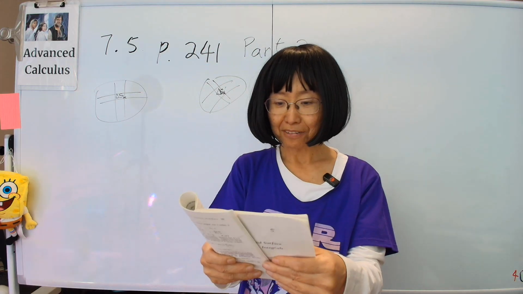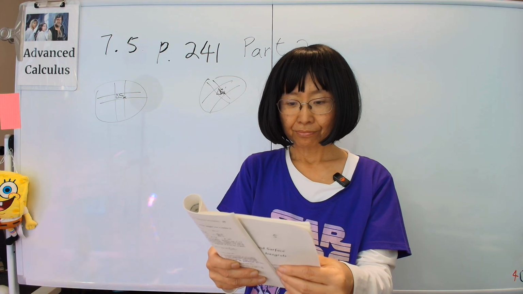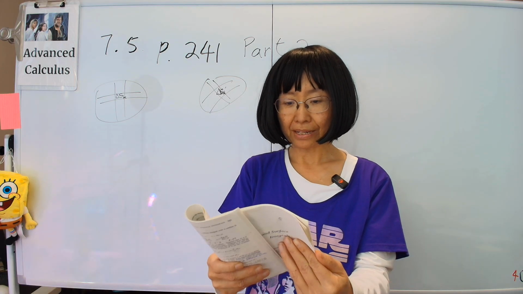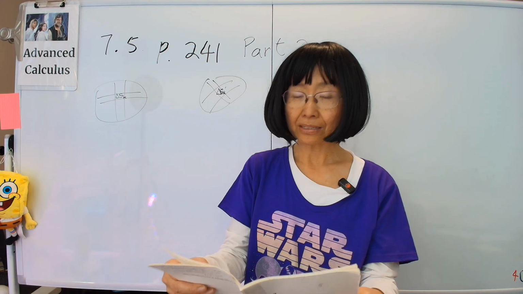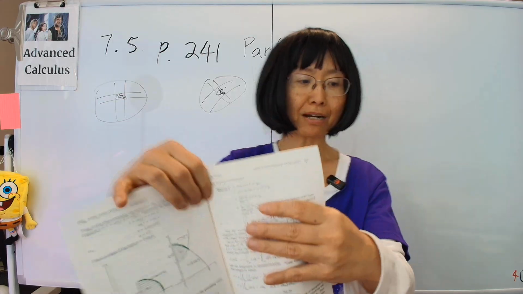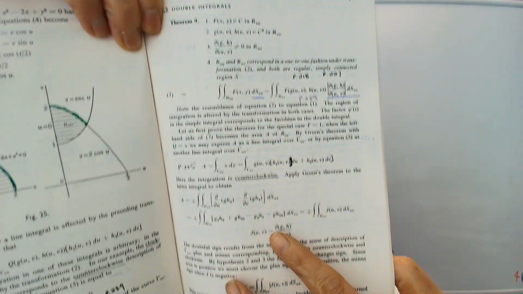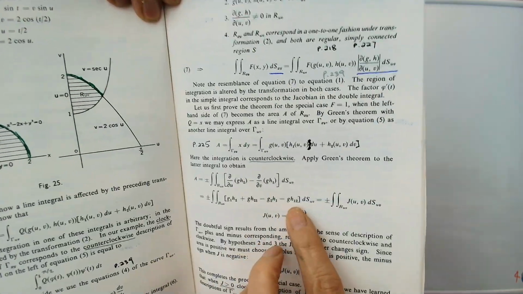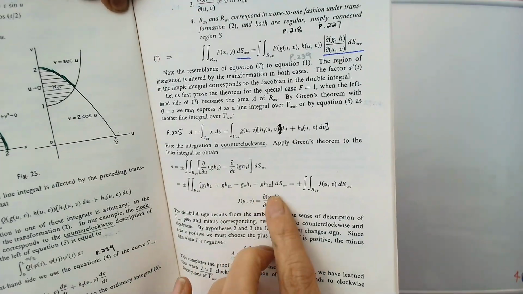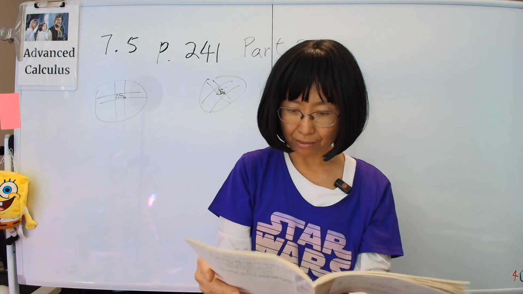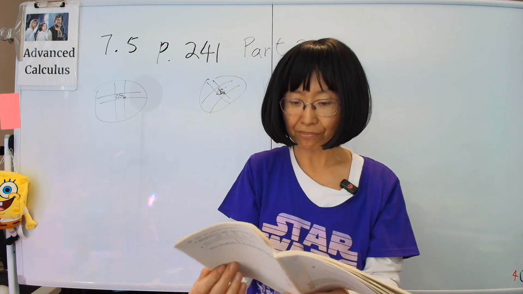Okay, and then we should mention certain things. That is, when we look back at the theorem, let's go back to the previous page and look at the theorem. Hypothesis 2, that is the second requirement, says that G and H have to be in C2, right? And that's necessary because at one point we had to calculate C2. We had to do H12 and then H21 right here, which is why they have to be. Anyway, we needed the second derivative at one point, so we have to require them as